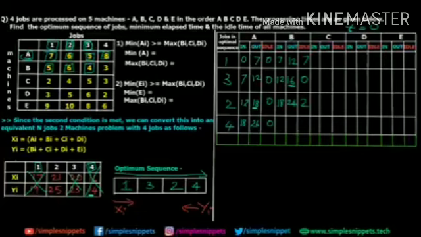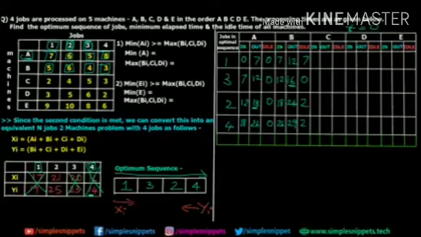So now machine B is waiting for job 4. Job 4 was on machine A till 26 minutes. But our machine B got freed at the 24th minute. So again, 2 minutes it had to wait for job 4 to come in at machine B. So it can only come in at the 26th minute, right? So job 4 on machine B takes 3 minutes. So 26 plus 3, 29. So this is all the jobs on machine B.